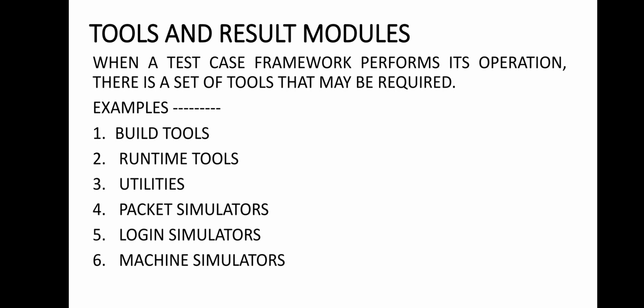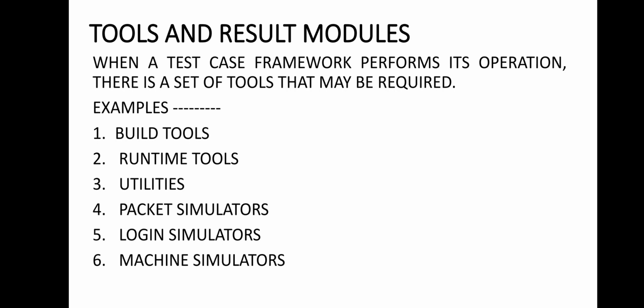So students, when a test framework executes a set of test cases with a set of scenarios for the different values provided by the configuration file, then the results for each test case, along with the scenario and the variable value, have to be stored so that we can analyze them in the future and take action. The results that come out of this run by the test framework should not overlap with the results from any previous test. This is a very important factor, and you have to keep it in mind. Clear? So this is all about tools and result modules.